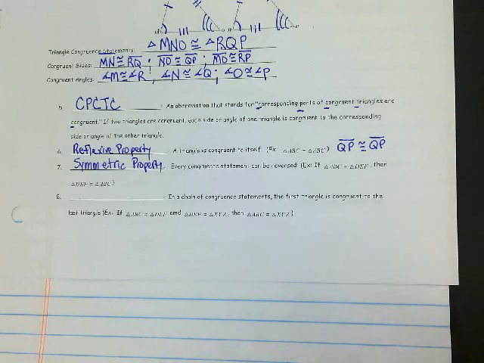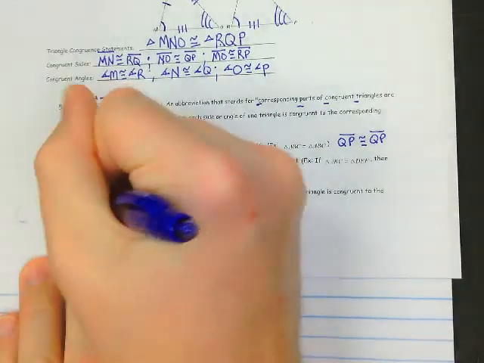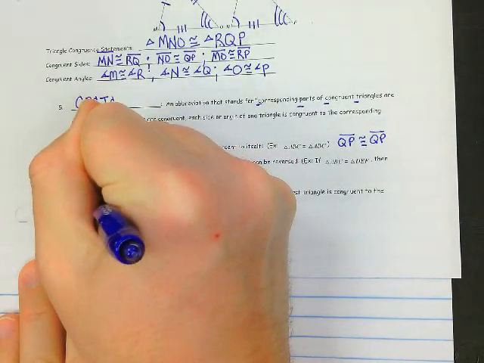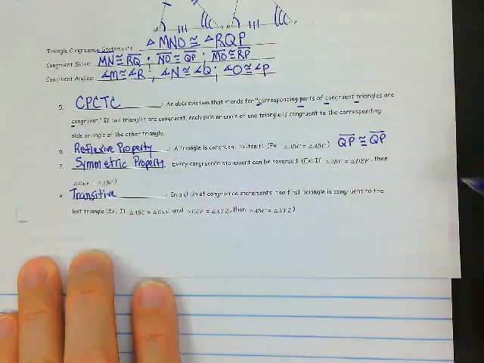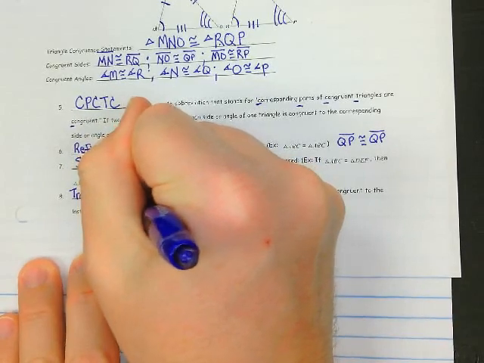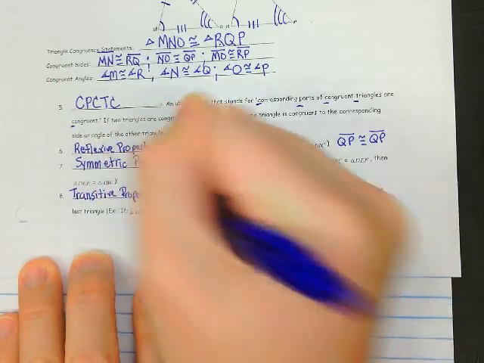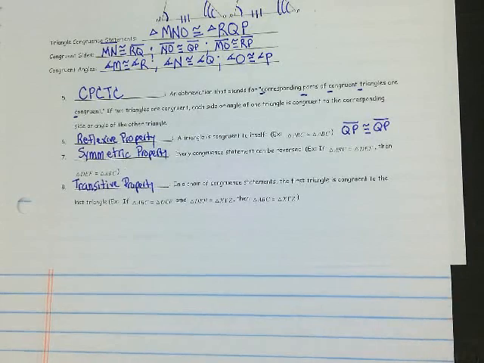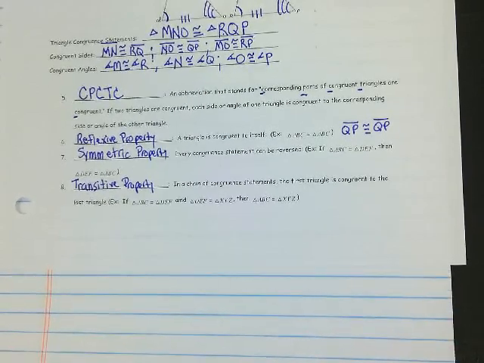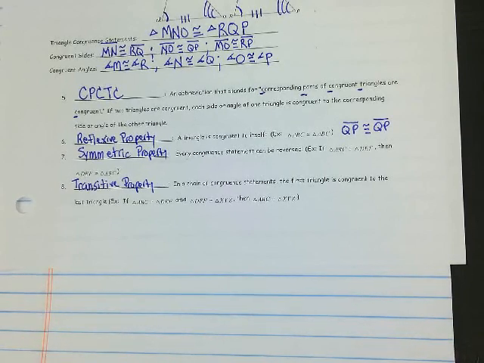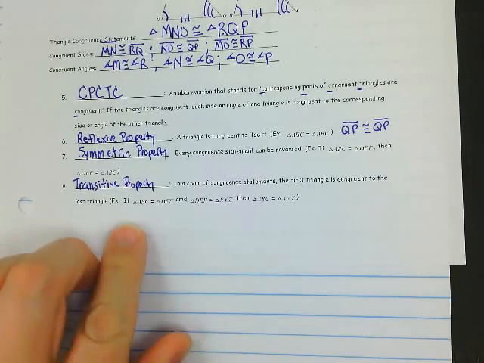And finally, the last property we need to discuss is the transitive property. T-R-A-N-S-I-T-I-V-E. Transitive property. The transitive property is just a chain of congruent statements where the first triangle is congruent to the last triangle. Okay? It's like taking a bus, or taking an airplane. A transit. Like saying, here's